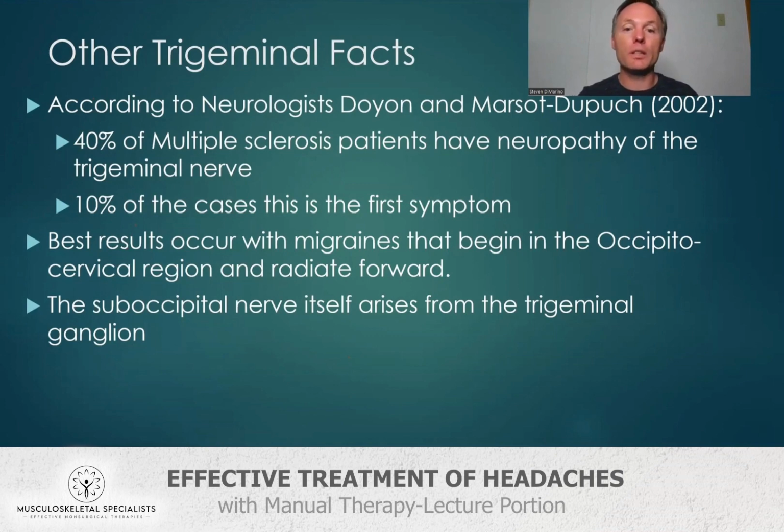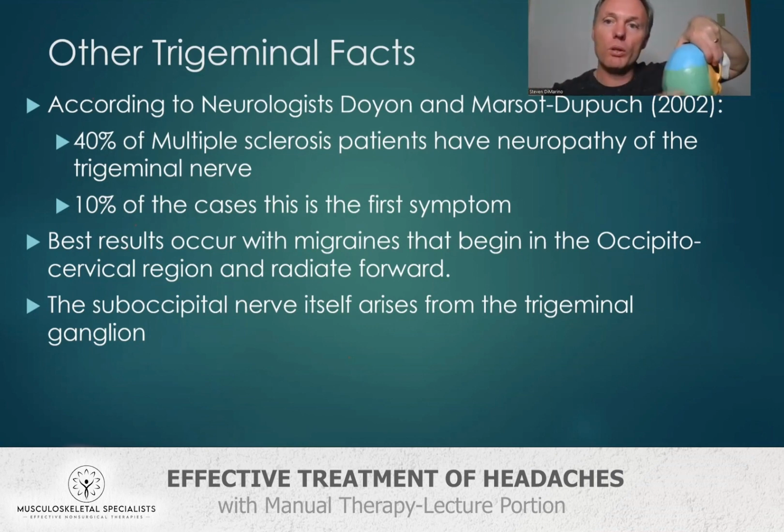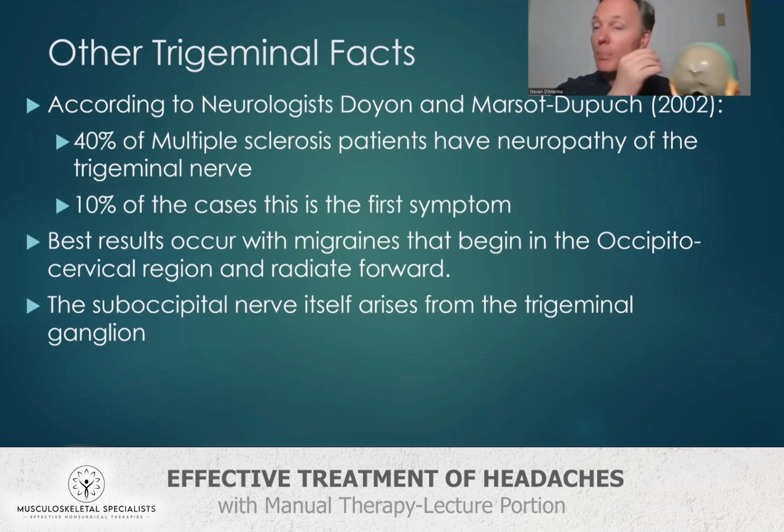Okay, the suboccipital nerve arises from the trigeminal ganglia. What does that mean? The suboccipital nerve goes right there. So you've got your trap attachment, SCM attachment, and the suboccipital nerve comes up and drops through the coronal suture. Now, you're not going to find that dropping through the coronal suture if you look in Netter's. But in a real body, it drops through the coronal suture. That's really important when you're treating because you have to release that entry point. Okay. And so people with trigeminal neuralgia, which is a really bad, intense pain in their face,